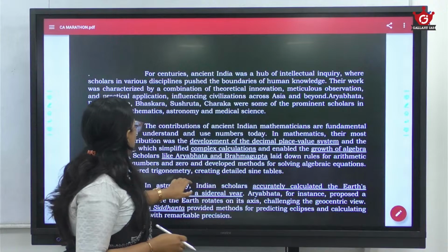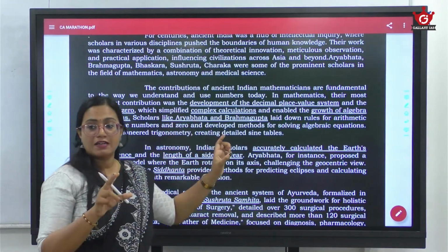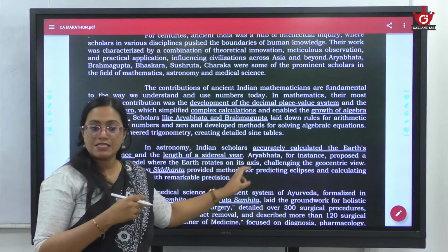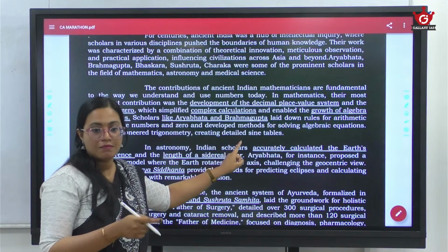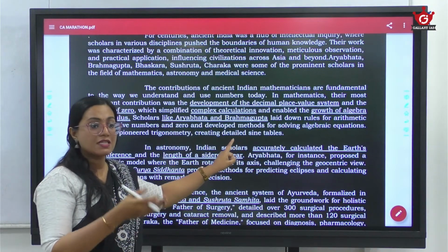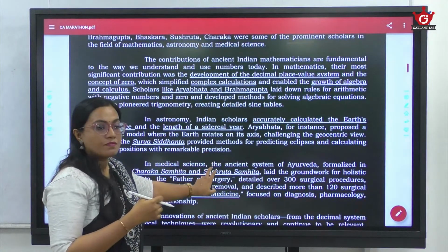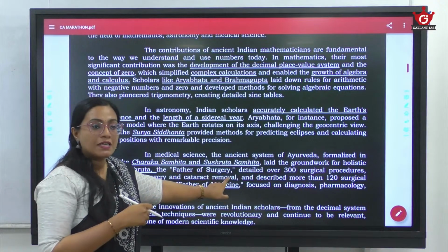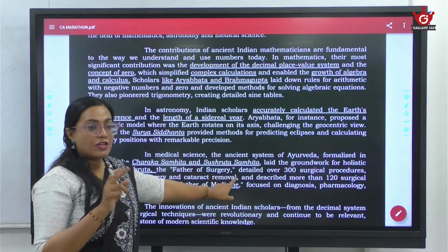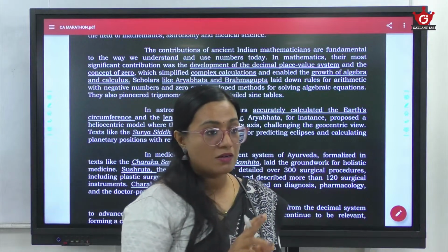Okay. Now, the contributions of ancient Indian mathematicians. So, I have divided the content into three paragraphs. The first paragraph deals with the contributions to mathematics. The second one is astronomy and the third one is medical sciences. But when you are writing such a question, you should